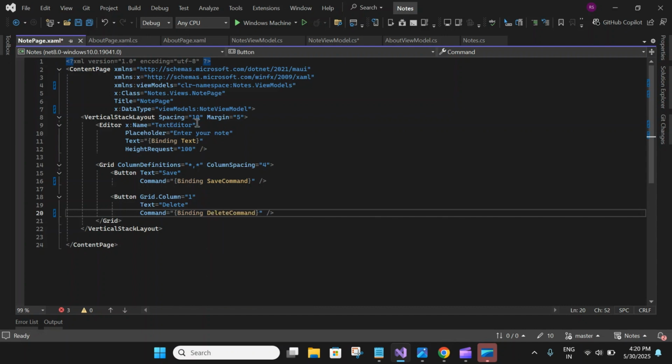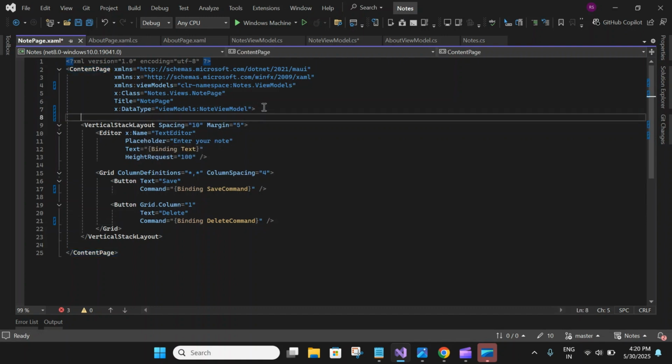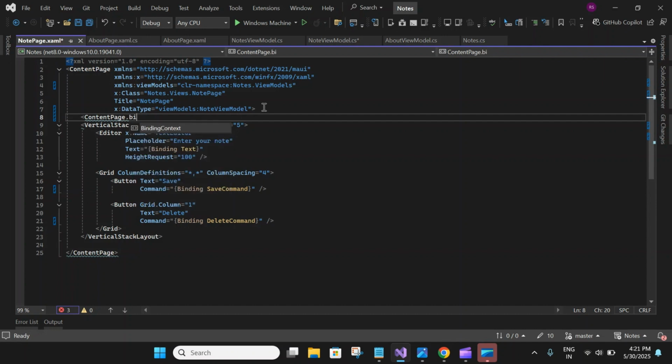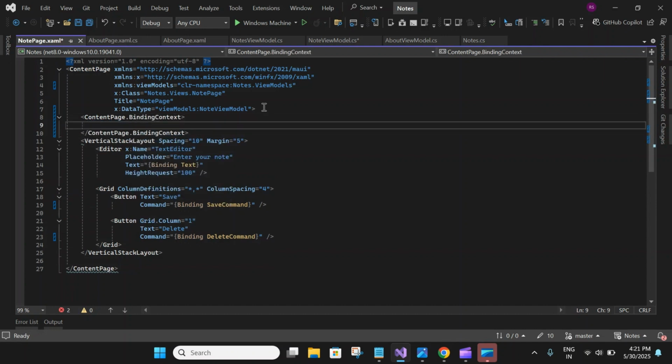Delete command. Also, let's set a content page binding context. So next to our, let's add a content page dot binding context, and within this let's add view models context, and it shouldn't be the about, but it should be the note view model. So let's save this,